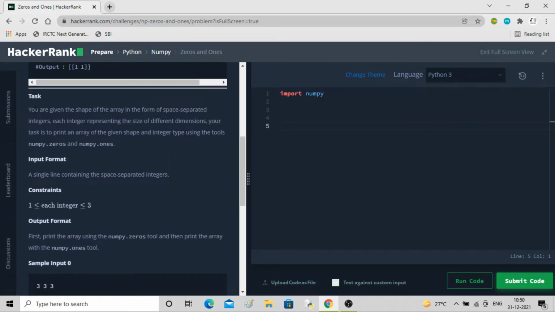Our task is, you are given the shape of the array in the form of space separated integers. So the shape will be given to us. Each integer represents the size of a different dimension.